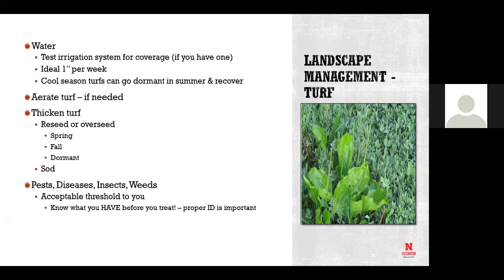And turf does not like to grow in the shade. I don't care if you buy the shade-loving turf. It does not like to grow in the shade. You just stand there with your fingers on the hose if you have turf in the shade, because that's about what it takes. That's when you buy Vinca and put it down as a ground cover.